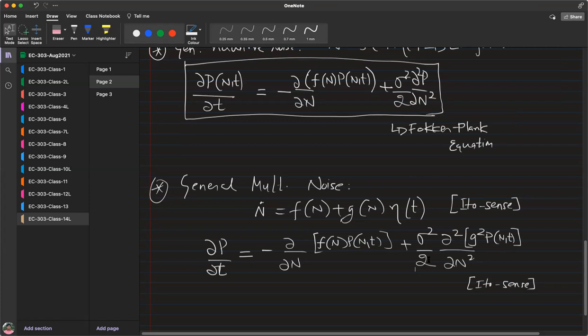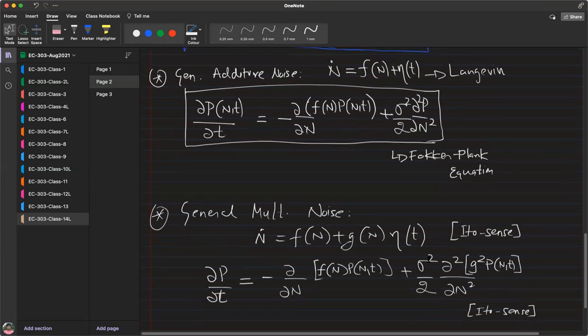And if you had no stochasticity, the Langevin equation just becomes a deterministic equation, right? And the probability density function is not even required, because every trajectory is identical, given initial conditions.